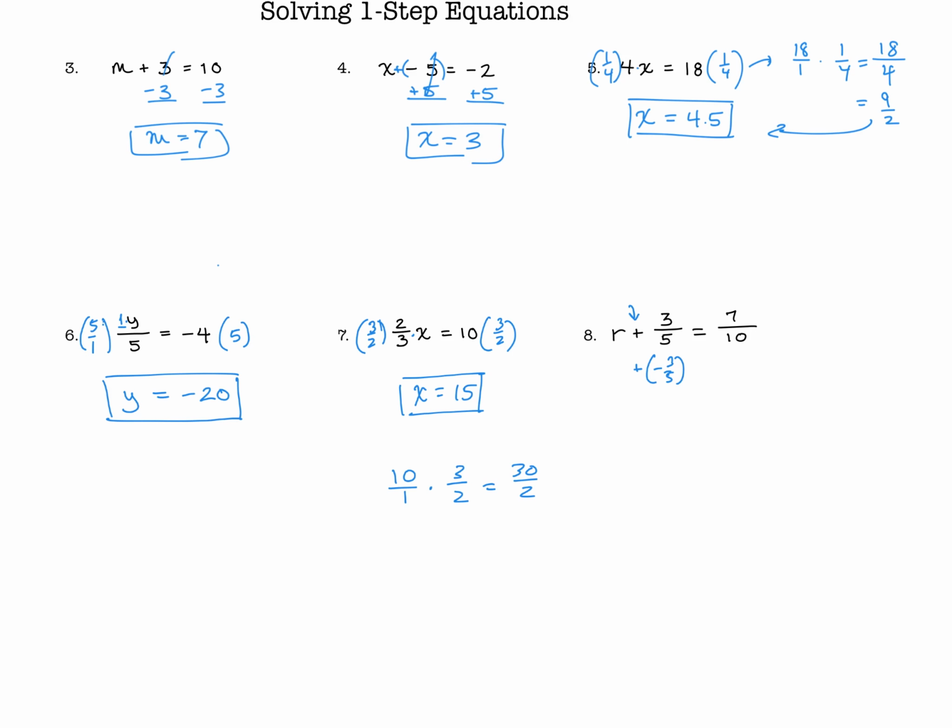-3/5. Now again, like I said to you, you don't need to write plus a negative if you don't want to. I'm a fan of doing that. That's just me though. So if your teacher allows you to, you could just write -3/5, all right? And what you get here is that these two make 0, and now you're looking at what is 7/10 minus